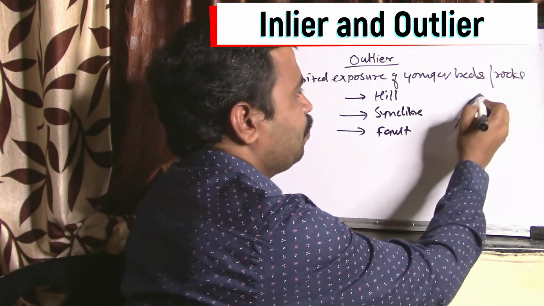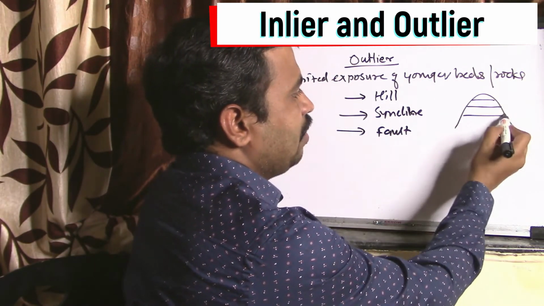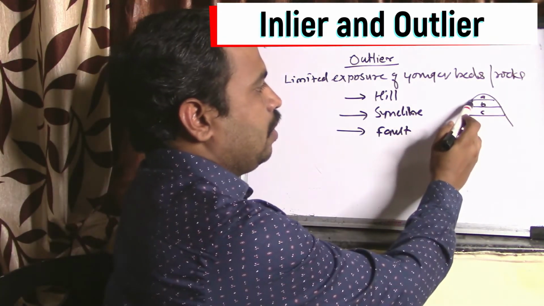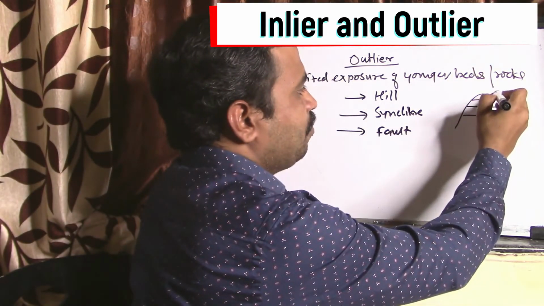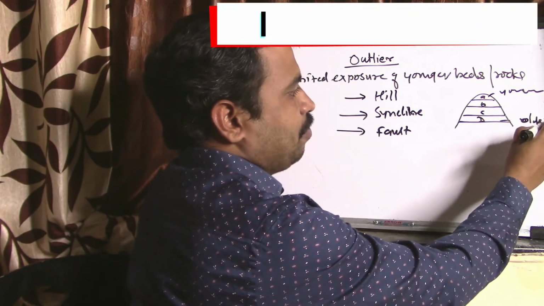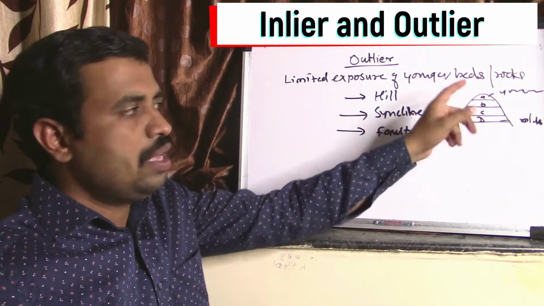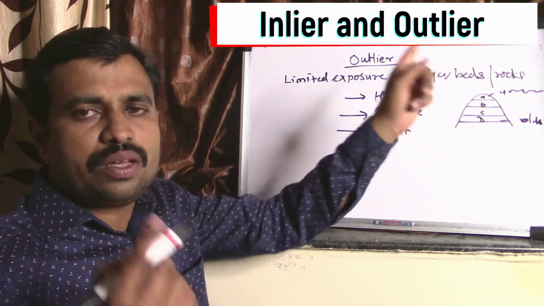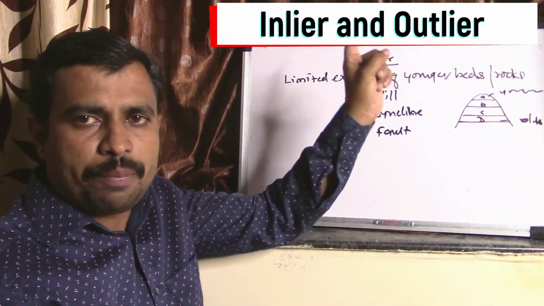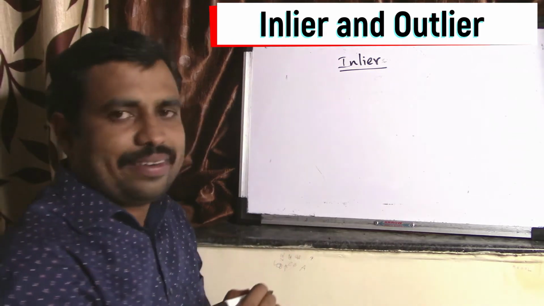Suppose this is a hill. We know that a hill has such types of beds. We know A, B, C. Here you can see, suppose this is A bed, the younger one, and this is D bed, the oldest bed. If erosion takes place, the A bed is surrounded by older beds, this B being the older bed, and such a structure is called an outlier. That is happening due to the erosion of the hill.